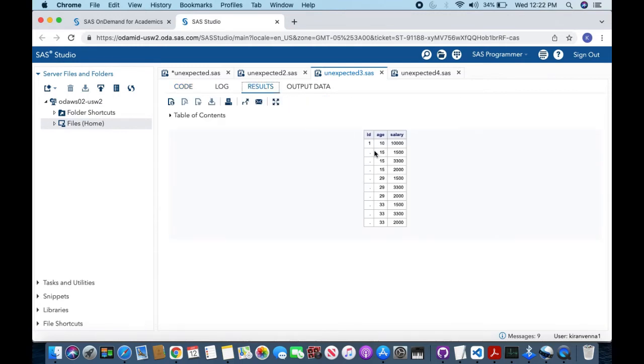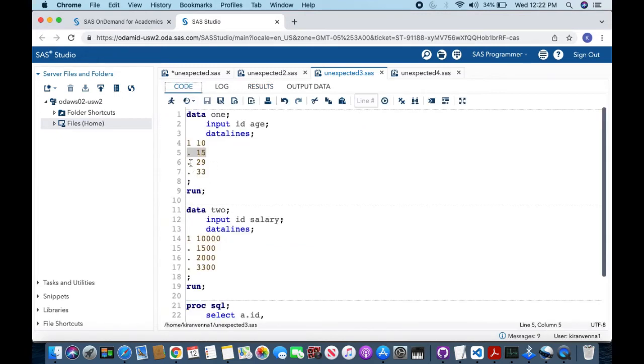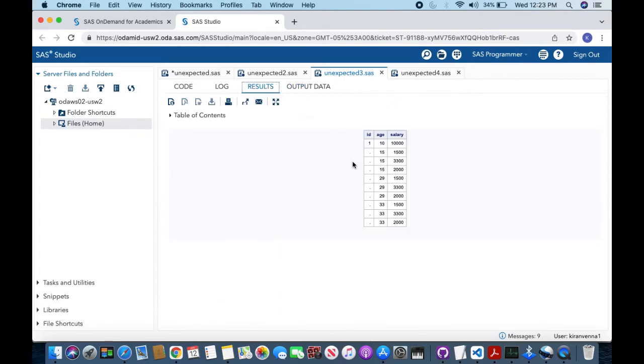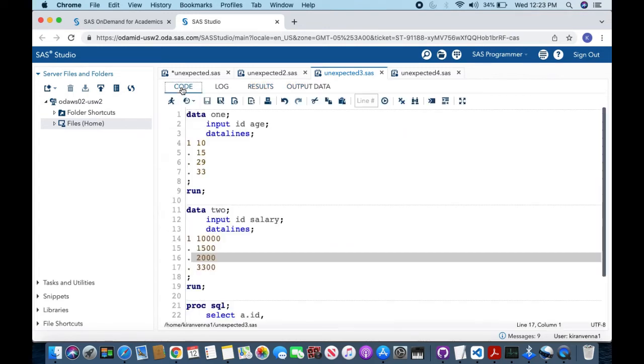And if you see in the result, you will see in the same fashion missing 15 1500, missing 15 3300, missing 15 2000. Again, this missing is going to join with the first one, second one, and third one. So we are again getting the same results here, wherein we have repeated values.